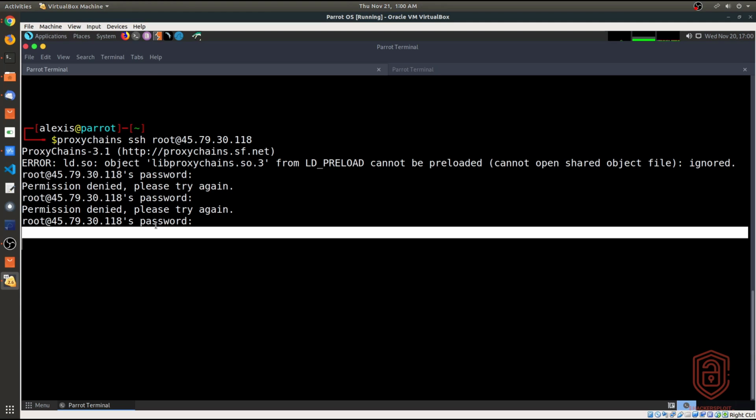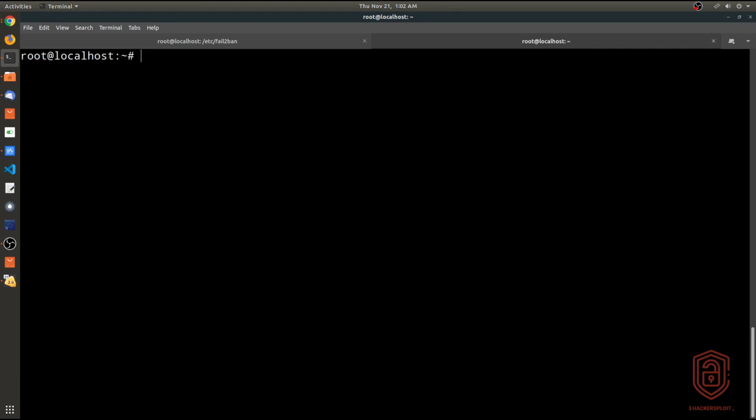However, I'll actually show you how you can check this. So if we just terminate this and we go back onto our server, we can view the logs and the failed authentication attempts and the blocked IPs by taking a look at the Fail2Ban client here. So I can hit enter, and then after this we want to display the status, right? So if I hit status and we hit enter,